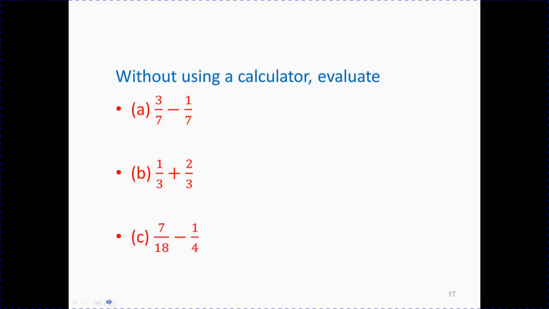This is an example of adding or subtracting numerators. Now, a practice problem for you. I want you to find out A: 3 over 7 minus 1 over 7. Number B: 1 over 3 plus 2 over 3. Number C: